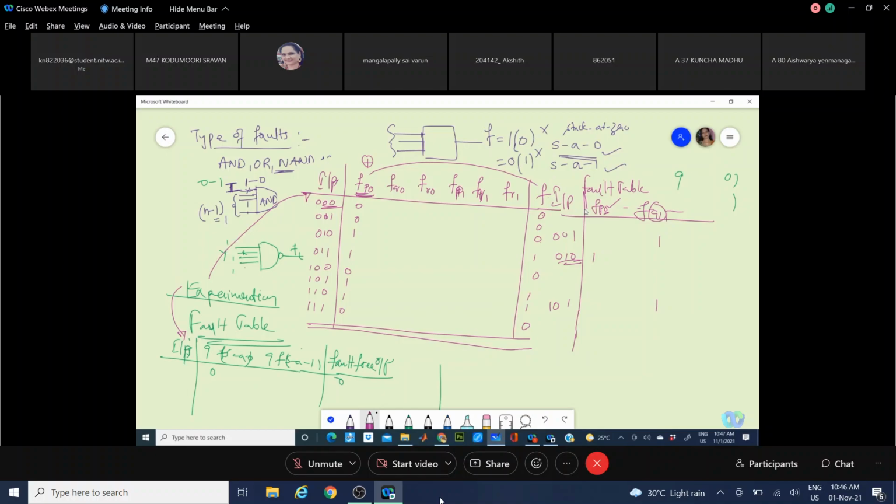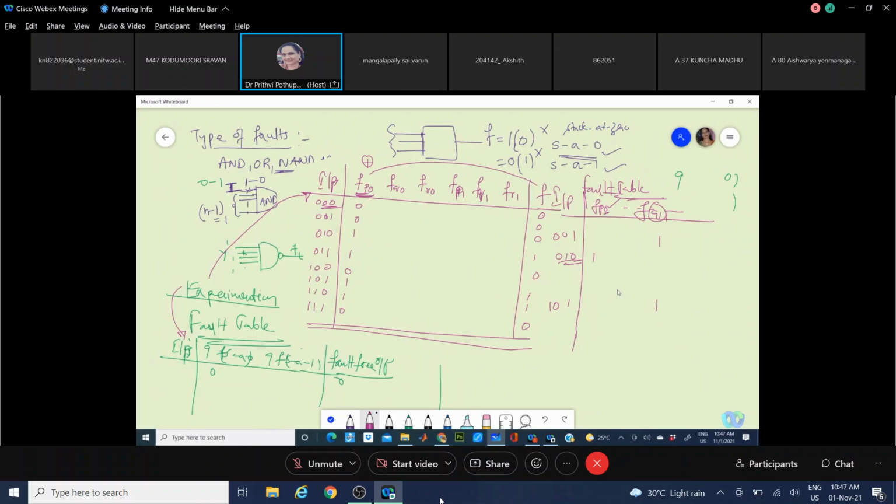Hope you understood what is this fault table and experimentation table. This experimentation table of 0, 1 indicates only the data entry of the system response, directly whatever the values you are getting, those raw values you are taking here. And after taking this experimentation table, you'll be doing XOR operator of that line response with the fault-free line. In this fault table, you do an XOR operator. A 1 indicates that there is a fault. 0 means it is fault free.